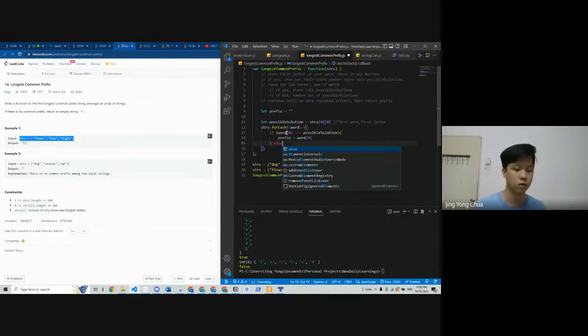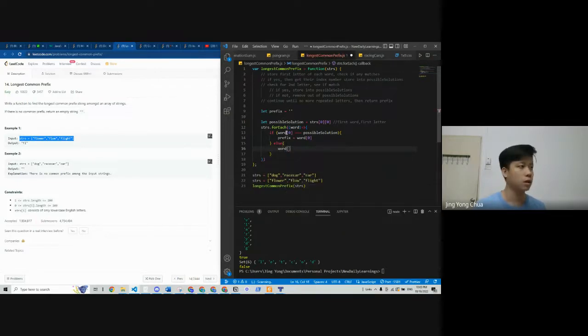Okay, or else what we do is we need to renew it. So then possible solution equals to word.